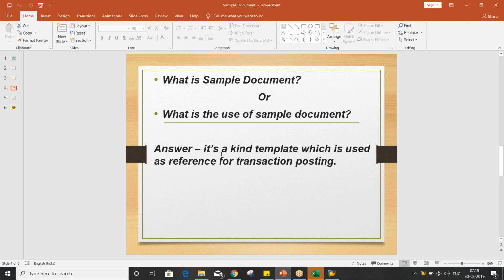A sample document is a kind of template which is used as a reference for transaction posting. Whichever transactions we are posting, say for example, we are going to set up certain master data, GL master data itself. If you create a new GL master, everything we have to fill up from scratch, in the sense from the beginning. But if you are going to set up this GL master with the reference of an already created